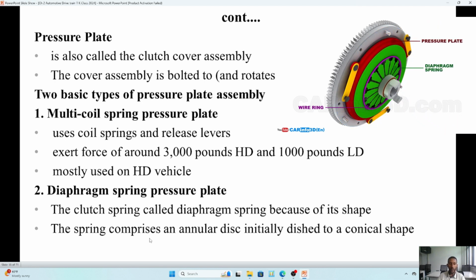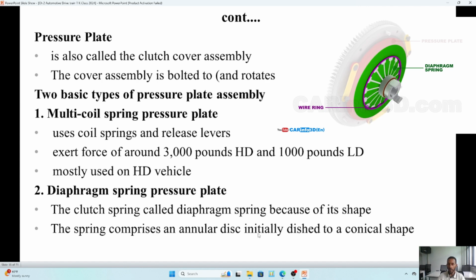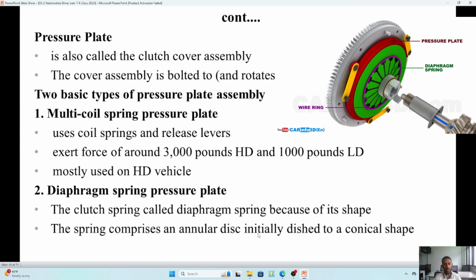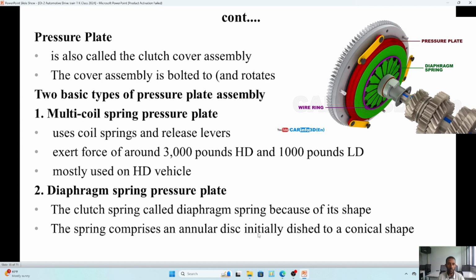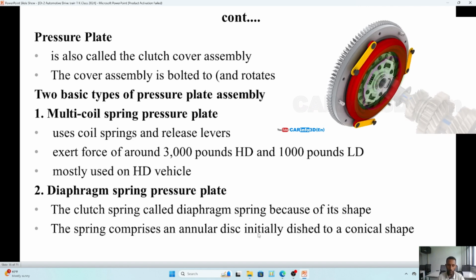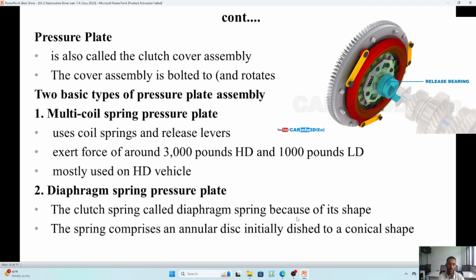Then the spring is compressed as an annular disc initially to energize the spring. They make it in a conical shape. So when it dishes in and out, it will have stored energy, because if the spring has no initially stored energy, it cannot create